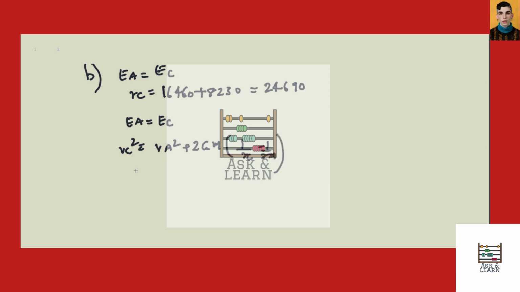Basically the same problem, except that the RC is different here. If you plug in the values, you will get 3190 meters per second as the velocity at the point